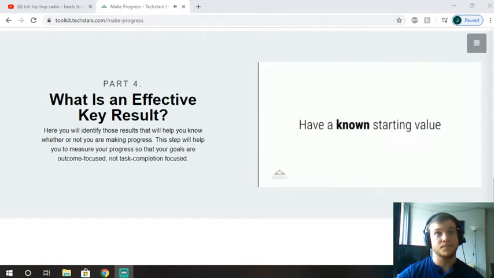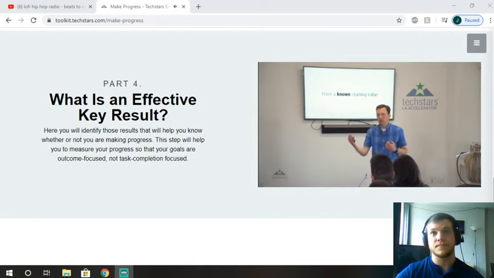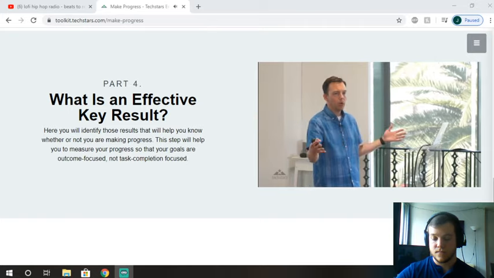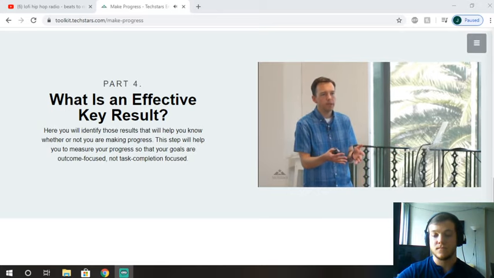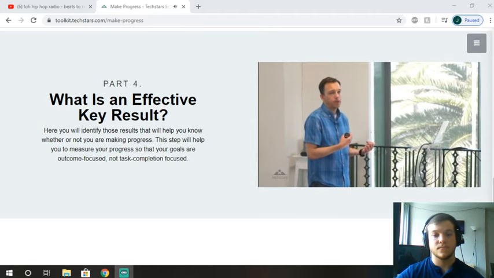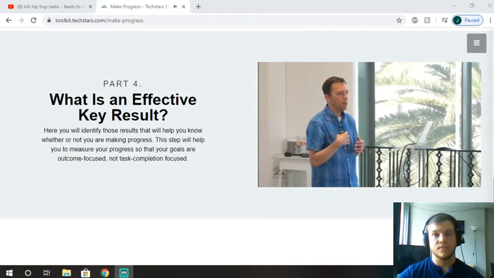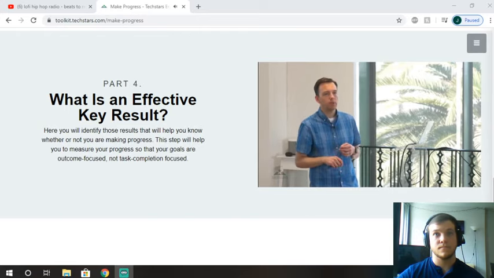Have a known starting value. We talked about on the objective side, it's okay if you don't know how to complete it. On the key results side though, it's important to stare in the face, can we actually measure this? Because one of the traps you'll often fall into is you'll set a great objective, the key result makes total sense, and that's your goal for the week, and you spend 5 days figuring out how in the world are we going to measure this key result. And you put all your effort into the measurement rather than into actually making the progress you're trying to make. So it's beneficial if you can measure it at the beginning. If you can't, then ask yourself, can we defer this key result to next week? And put in our backlog this week, our to-do items, that we want to instrument a little bit of this because we know this objective and key results are coming next week.